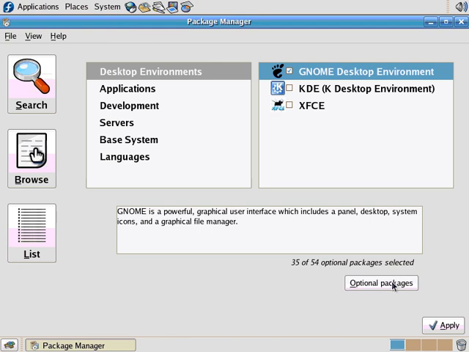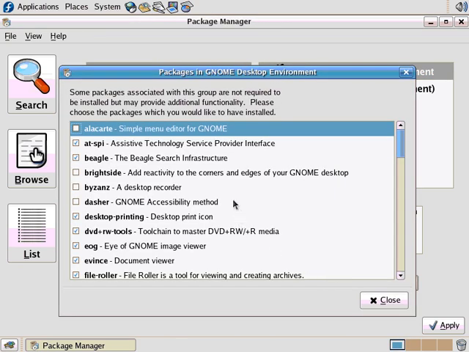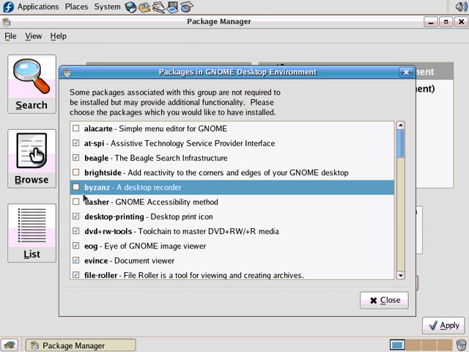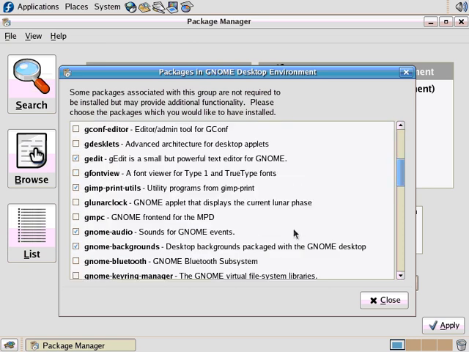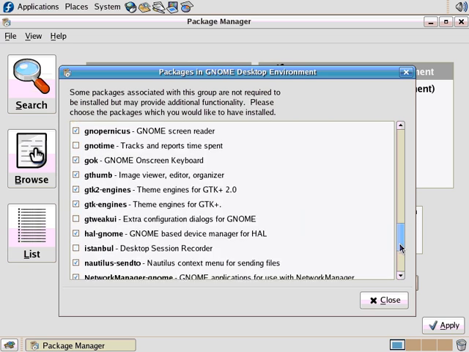So to get more packages, you click here, and these are all related to this GNOME desktop that we selected up there. So for instance, the desktop recorder is not installed. The simple menu editor for GNOME is not installed. So you see all these little check marks here on the left of things that aren't installed. And a lot of times there's a lot of cool stuff in here that isn't installed at all. I don't know if that's the case for GNOME. Let's go look at some other